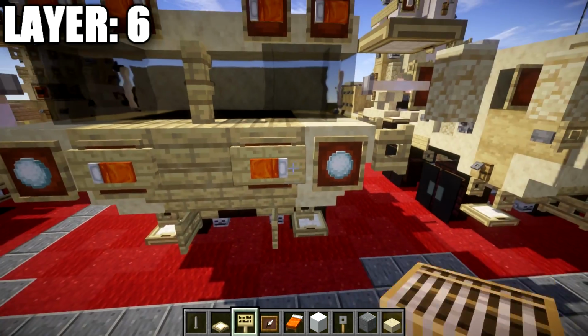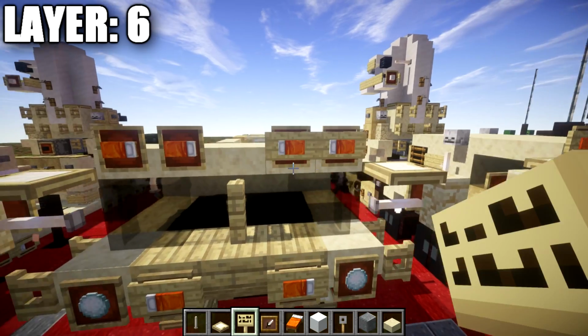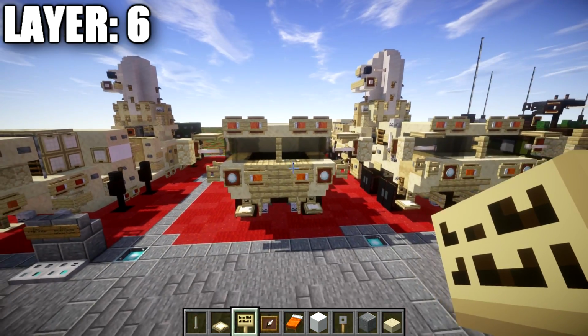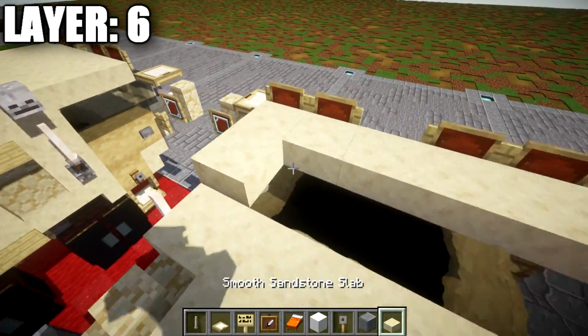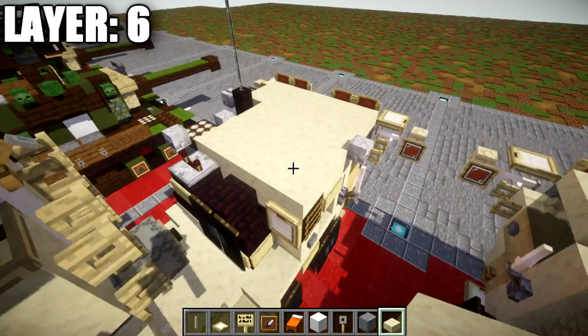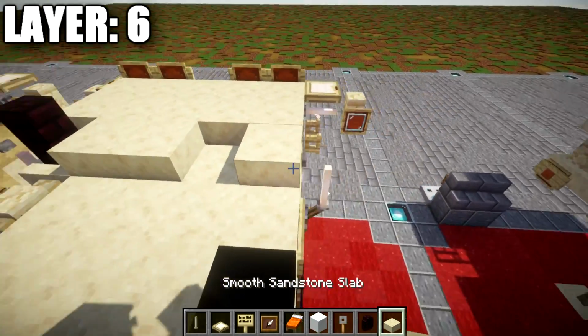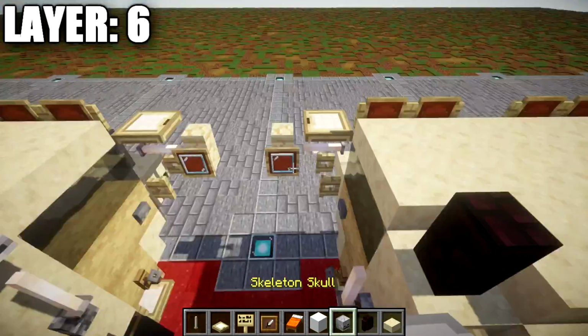And we then want to grab our birchwood signs, and we're going to place down birchwood signs on the sides of these blocks. So it's like this, across there for your hazard lights. Once that's done, we're going to take our smooth sandstone slabs and place down a row of 5 across again. We want to then place down a nether brick wall over here on the left side, followed by 4 smooth sandstone slabs over to the side, and then we're going to place down a skeleton skull